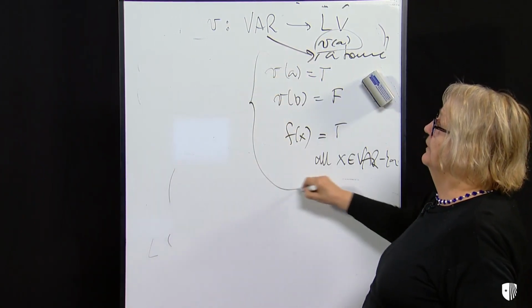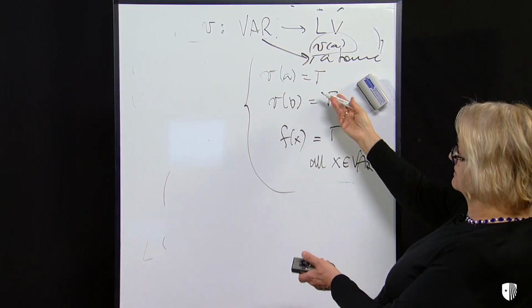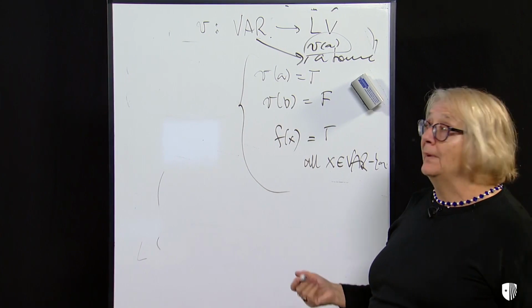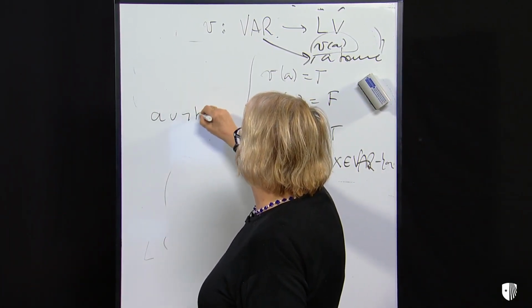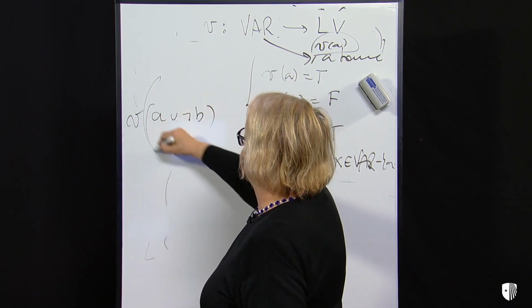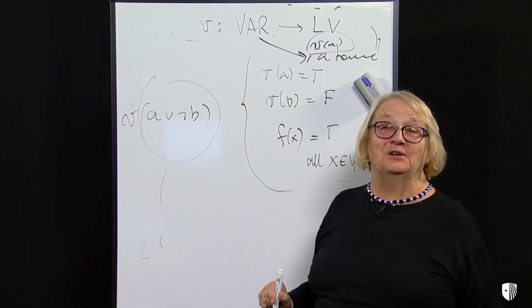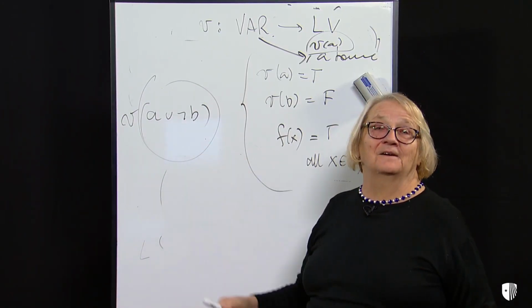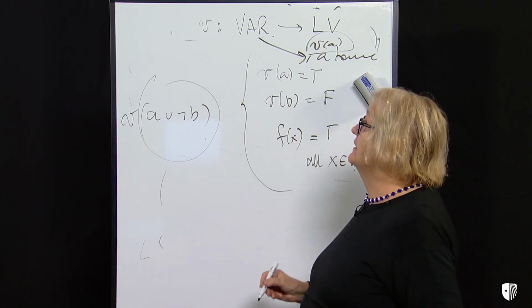Here I gave you a truth assignment for each variable. This is one truth assignment. But now I have a formula A or not B, and what is the logical value of this? That it doesn't tell you. You need to connect it with how you define the connectives. So that is called